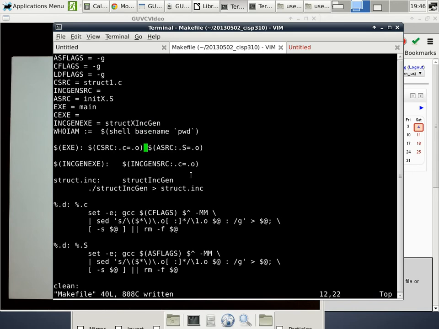Doesn't matter. Okay. And we have to keep that name in mind because the .c file has to be based on the same name. And then the include file has to be consistent here. So it's struct x .inc. And we'll keep this name the same way as the other one. So this is going to be incgendexe dot